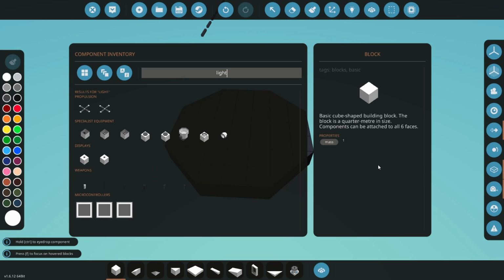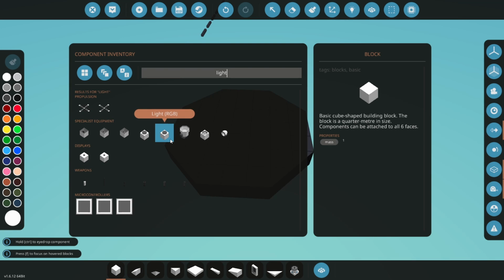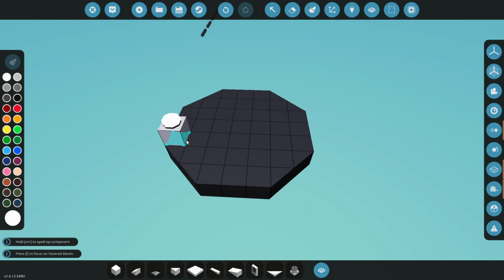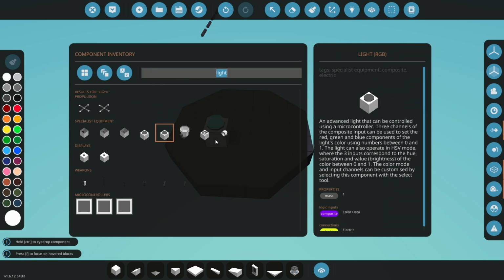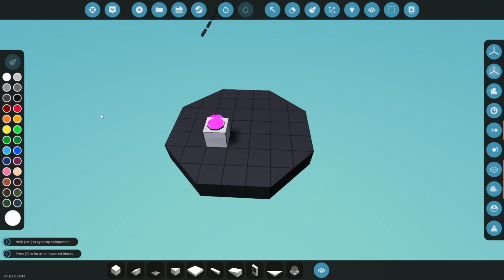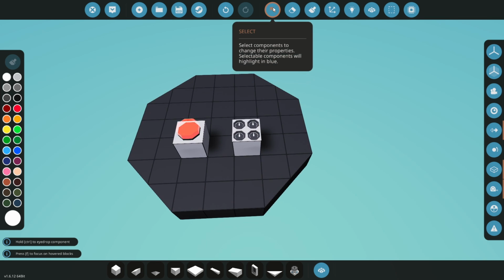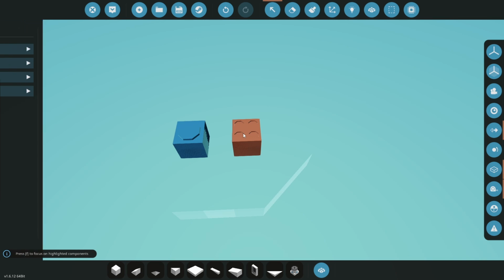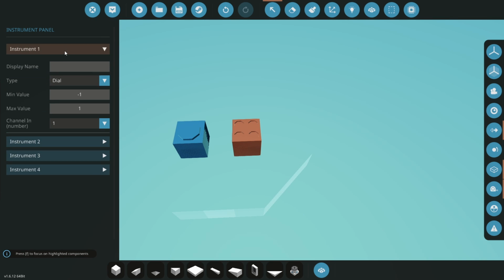Open the parts menu and search for light. Be sure to pick the RGB version. Place it down and open the parts menu and find the instrument panel. Place the instrument panel down and using the select tool, click the instrument panel to open its menu. Click the instrument 1 drop down, change the display name to light switch, select flip switch from the type drop down,